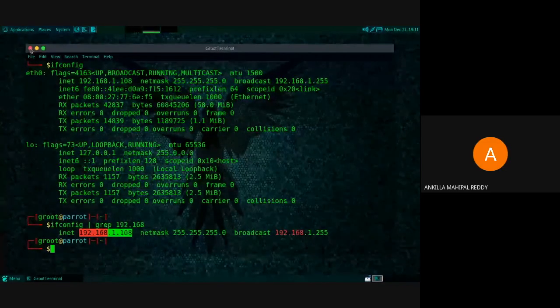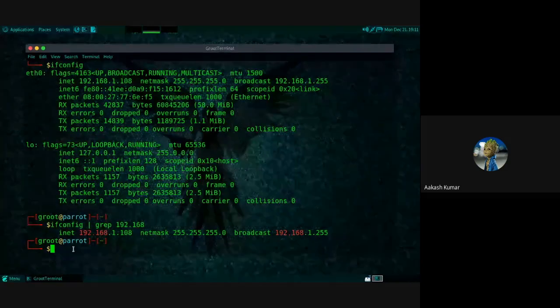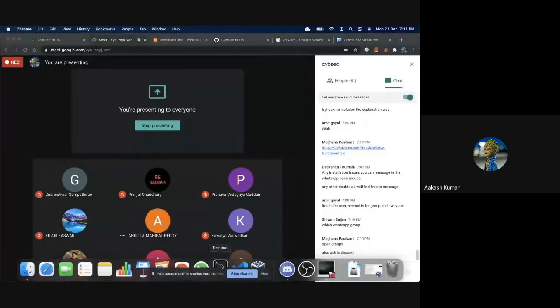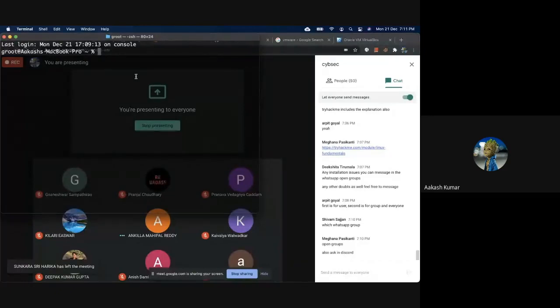Another thing: an IP address is used to identify a system, right? Yes. And what will a port do? Port means separation, like there are different services running. Suppose there is something like SSH, you can access a PC remotely, log in, and do all the stuff. So suppose this is the IP address, and now in my Mac terminal I will be doing SSH.